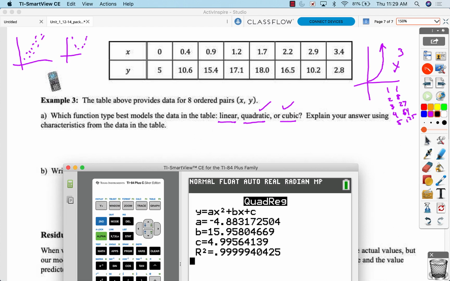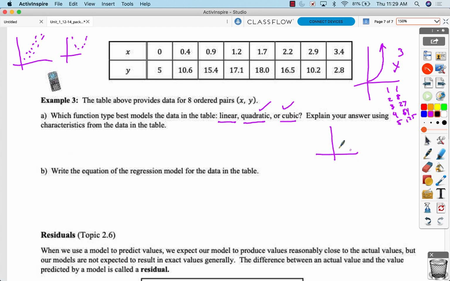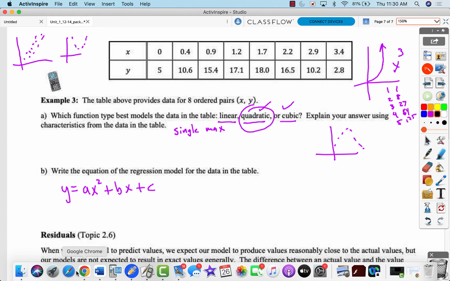Which function? Well, your scatter plot looked like this. You have a single max. This is a quadratic. The scatter plot looks like a quadratic. Write the equation. Oh, okay. Well, here's your model. This is what you learned in algebra: ax squared plus bx plus c. That's what it looks like. Anything in this form is a quadratic. So then you're like, okay,